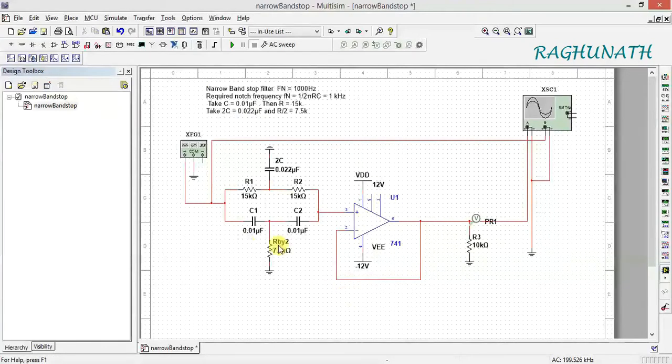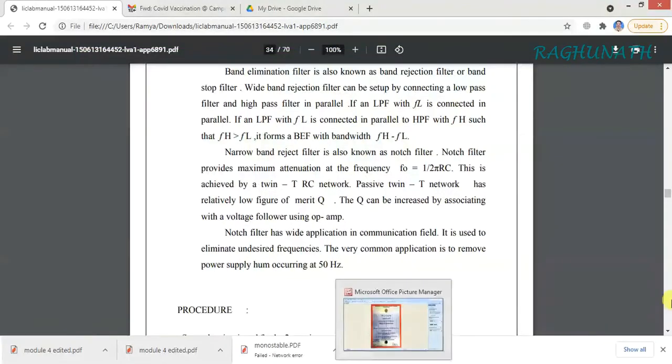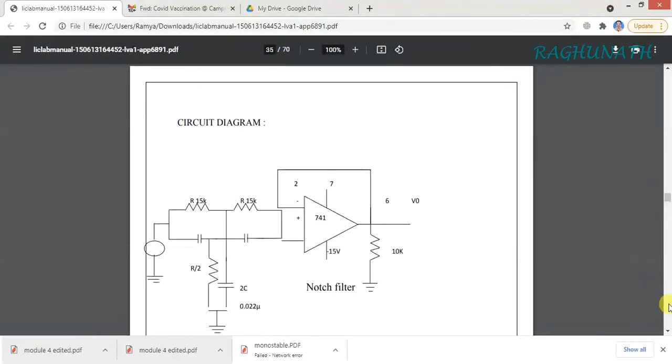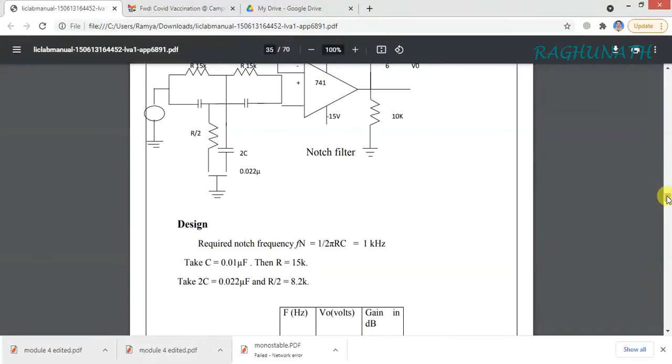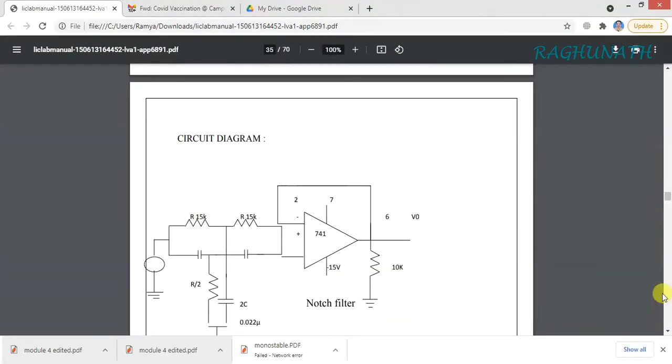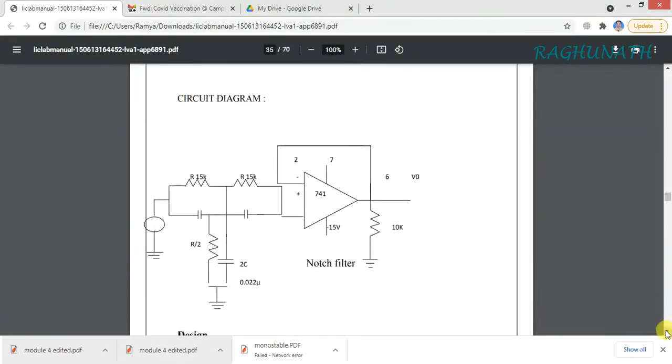So you can connect like this. This capacitor you can bring down and write it, or while drawing the diagram you can consider that side instead of overlapping. So I am drawing it on the upper side. If you want, you can write like I showed here, or like this also. That is left to you.